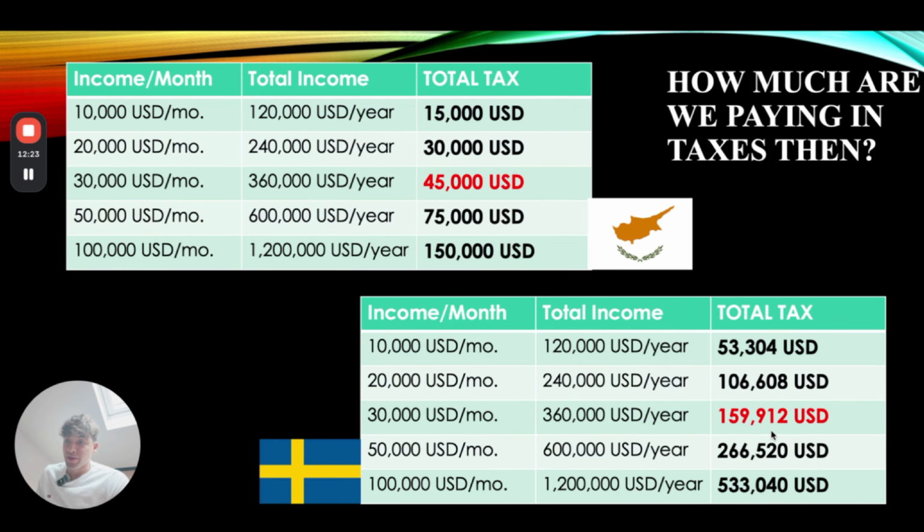And as you can see, the more money you make, the more this becomes painful. With 10K a month, you're still low-key cooked, right? You're still paying 35K extra. But when you start hitting 30K, 50K, even going towards 100K, it's over $250,000 in taxes that you could be saving just by having a place in Cyprus for 12 months and spending 60 days there. Obviously, you're not going to be able to spend 6 months in Sweden, but even if you spend 4 or 5 months in Sweden, 2 months in Cyprus, and the rest you travel, it's not an issue. This works. Obviously, it's a cost-benefit analysis.